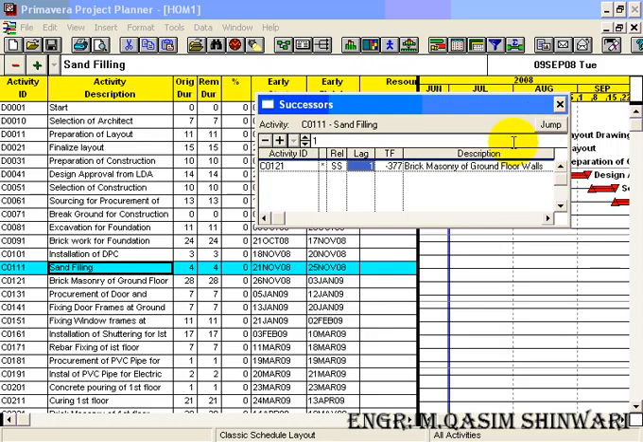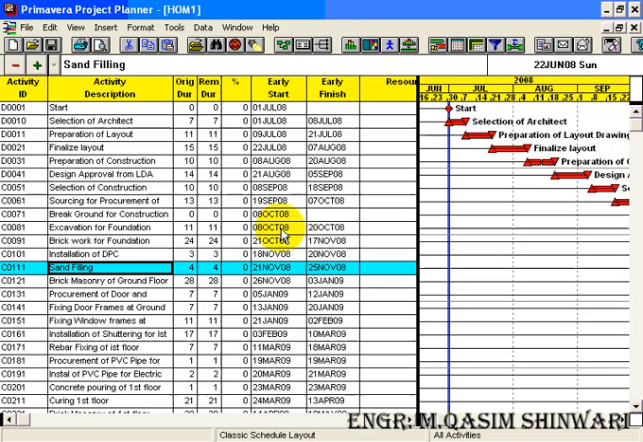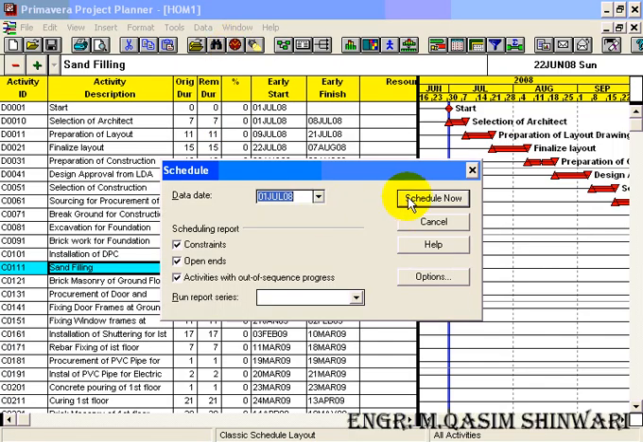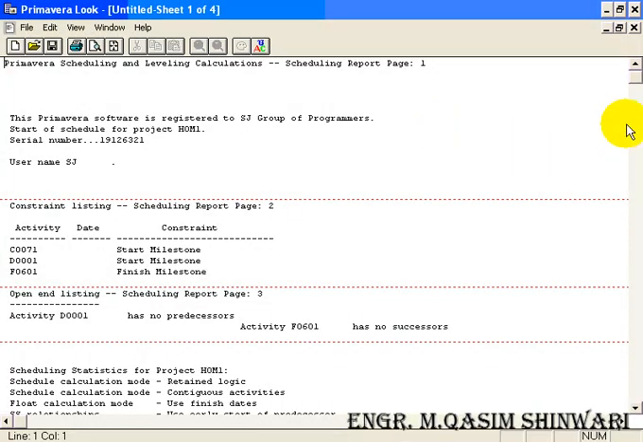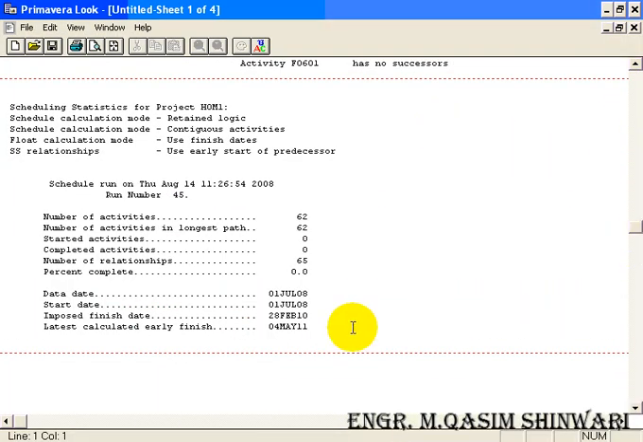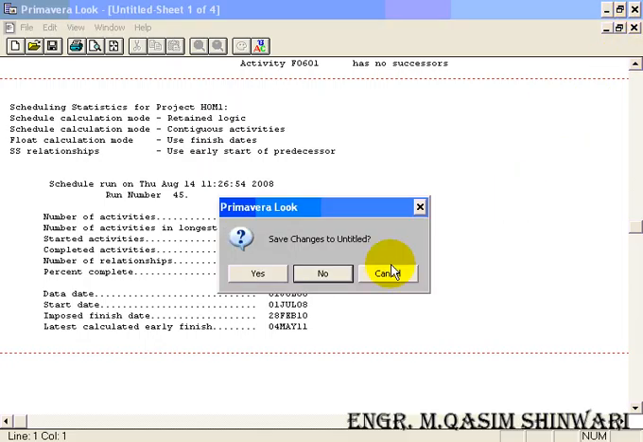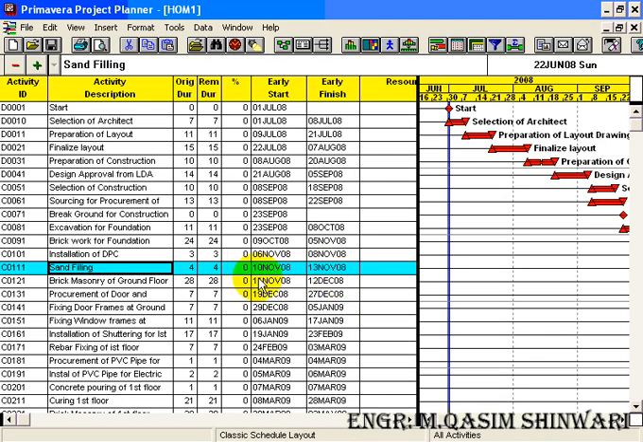Now let me see whether we have saved some days or not. So I am doing scheduling. Yes, you can see that we have saved many days, about 15 days. So let's carry on. The next activities which can be started simultaneously are